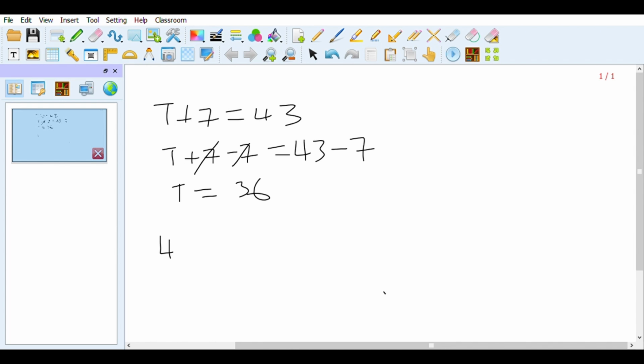Simplify 4 plus 19 minus 7 times 3. Okay, if we have a mathematical statement like this that involves multiplication, addition, and subtraction, remember that multiplication comes before addition or subtraction. So think about